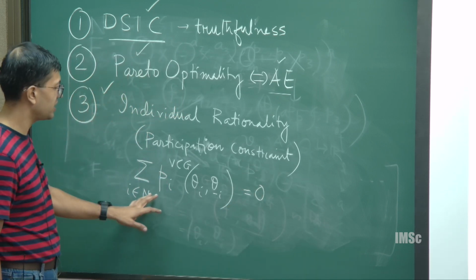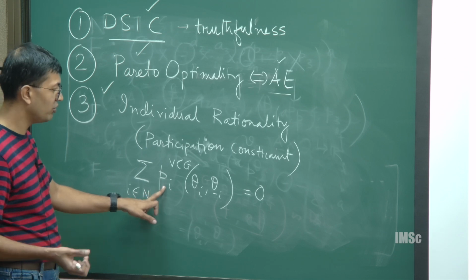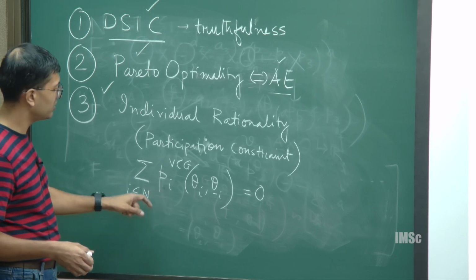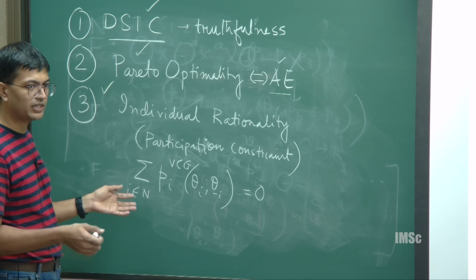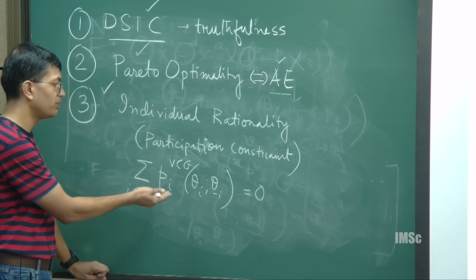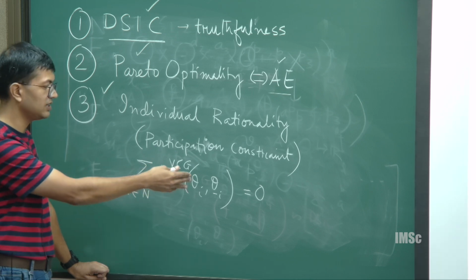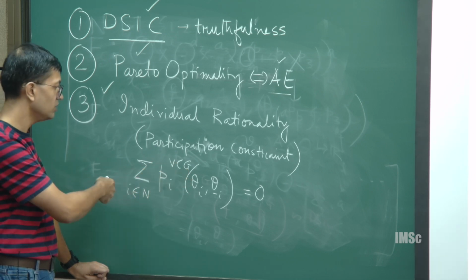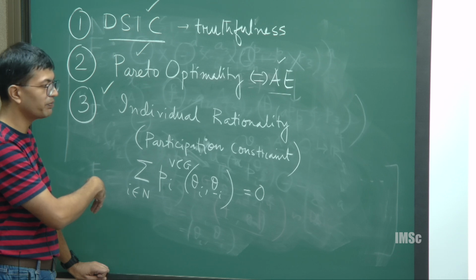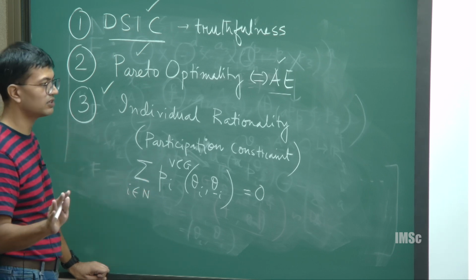The interpretation is that you are not generating revenue or subsidizing the mechanism, rather you are just redistributing the payment among different agents. So, somebody is paying. This means that there are some terms which are positive, some terms which are negative. On aggregate, this is summing to 0. Somebody is paying, somebody is consuming that payment,